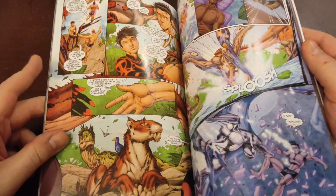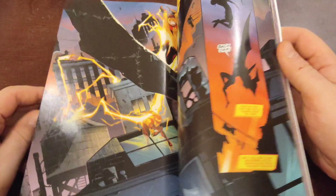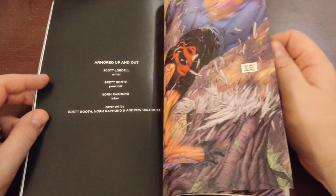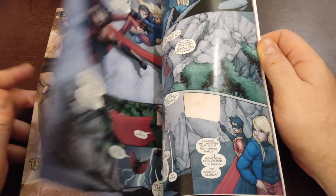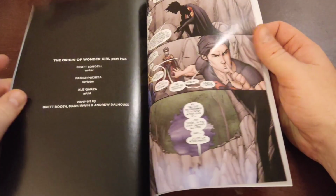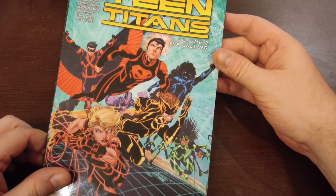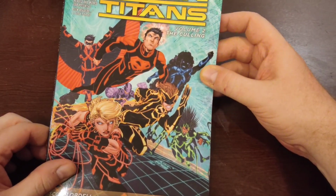This volume suffers because it doesn't have the Legion Lost issues. So you're missing parts of the story. And likewise, if you bought the Legion Lost second volume, you'd be only getting that half. So you either have to buy both, or they also released a volume where it's both stories collected together into one. So it's annoying if you only really want to read the one series. I did not like the first volume, but I did not like a lot of the New 52 stuff. I just, yeah, the new characters actually were interesting, but I don't like this new take on some of